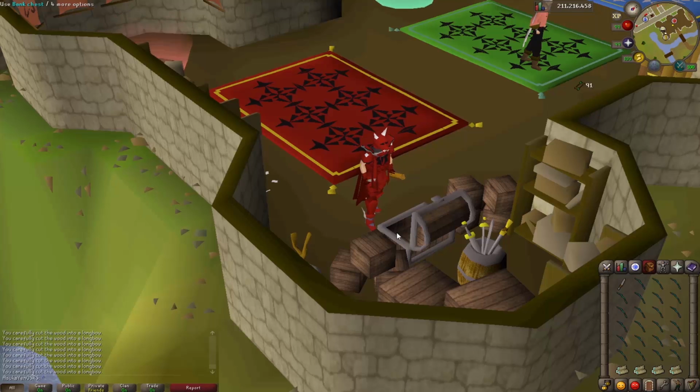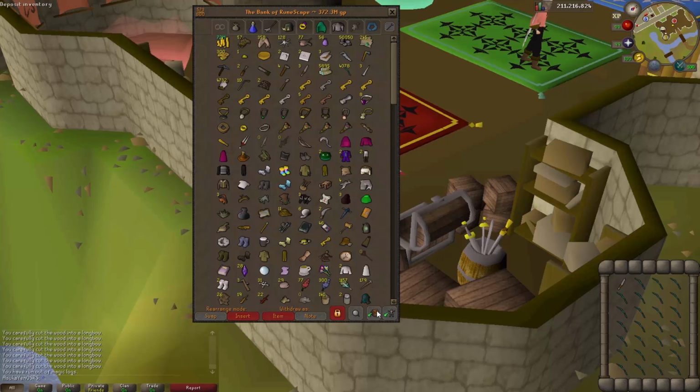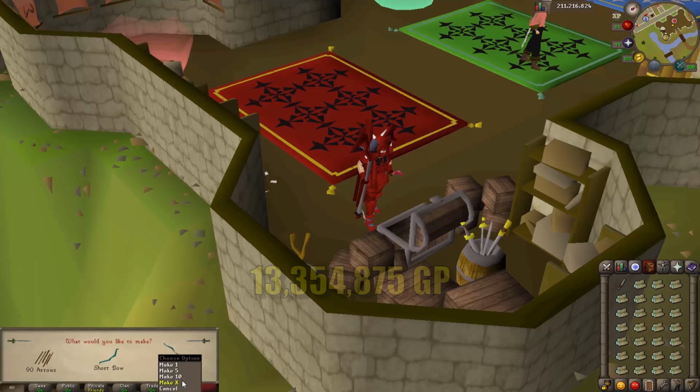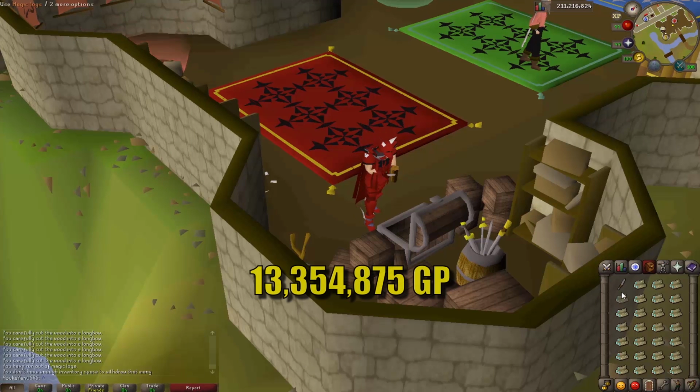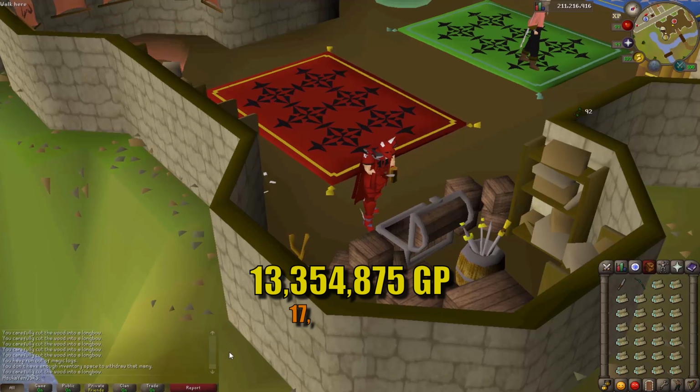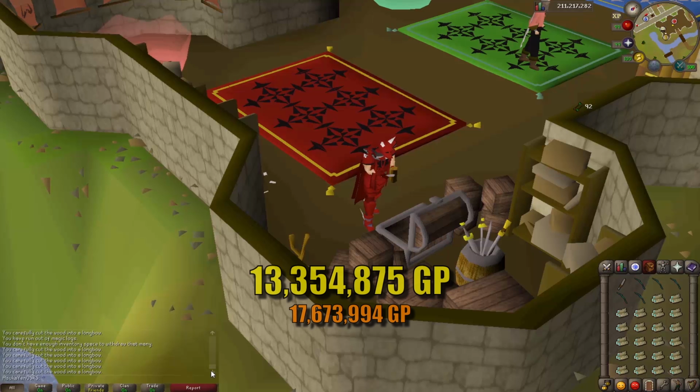So here's why I suggest you find something to binge watch on Netflix while you do this. Currently, magic logs are 1,008 GP each, and the unstrung longbows are 1,133 GP each, giving us a profit margin of 125 GP each. Our total profit from 85 to 99 is 13,354,875 GP. That's not too bad. This brings our running total to 17,673,994 GP. So now you've got a sweet 99 skill, a cool 99 cape to run around in, and